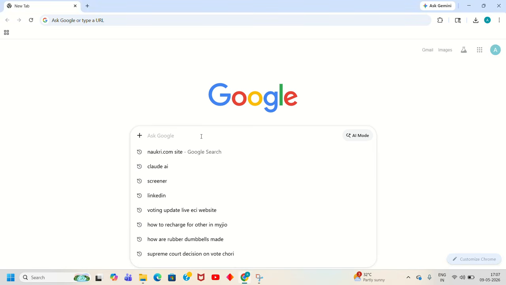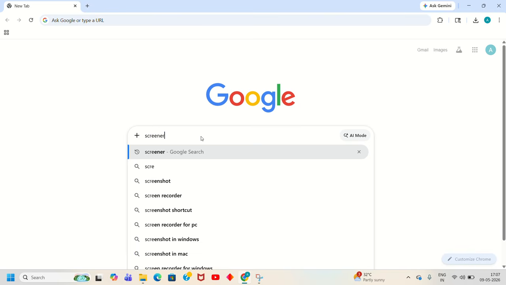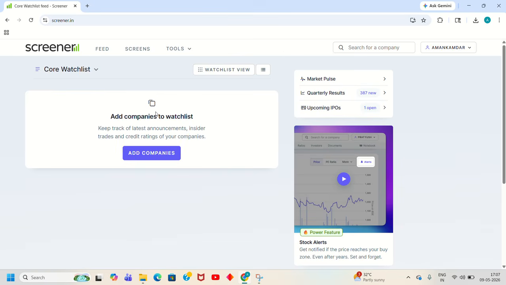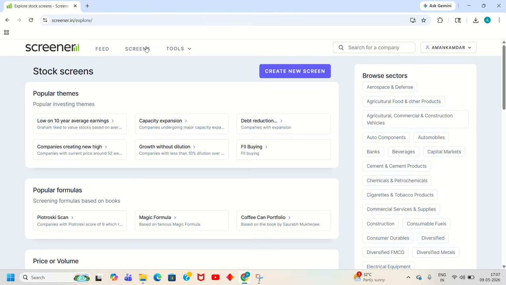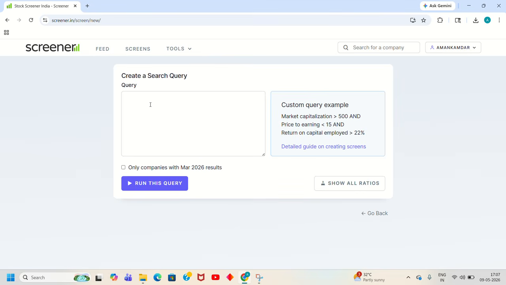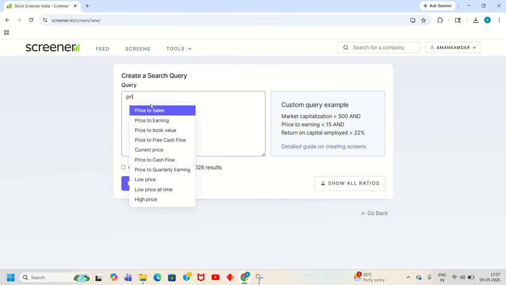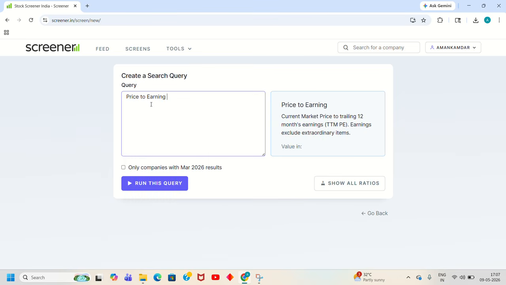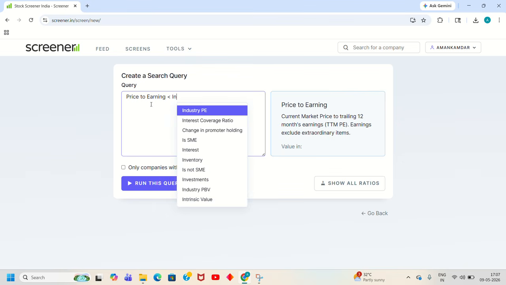So firstly we would be going to Screener. Now we would go to screens and now we would be creating a new screen. Now here we would be writing filters in order to find undervalued companies. So first will be price to earnings has to be less than that of industry PE,